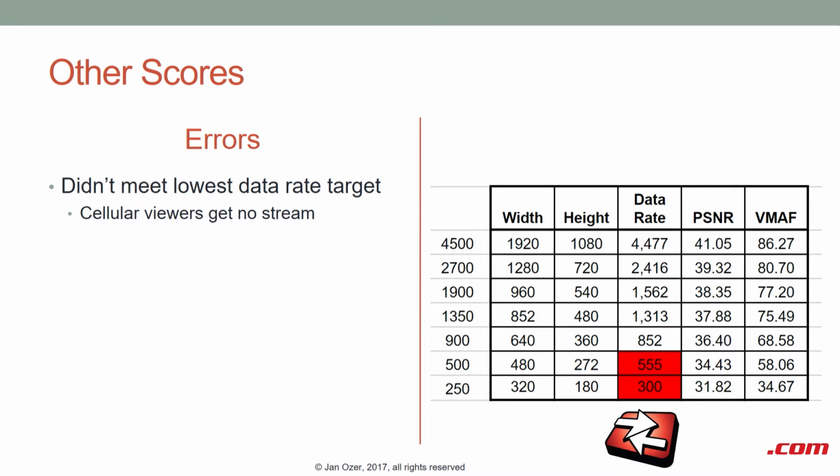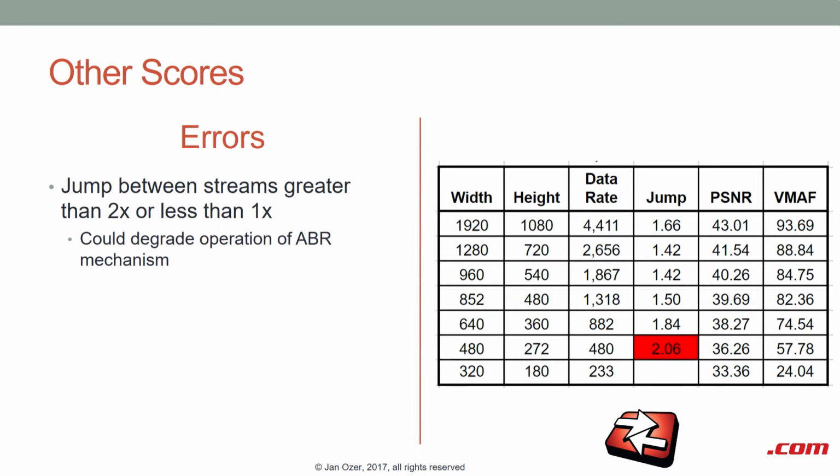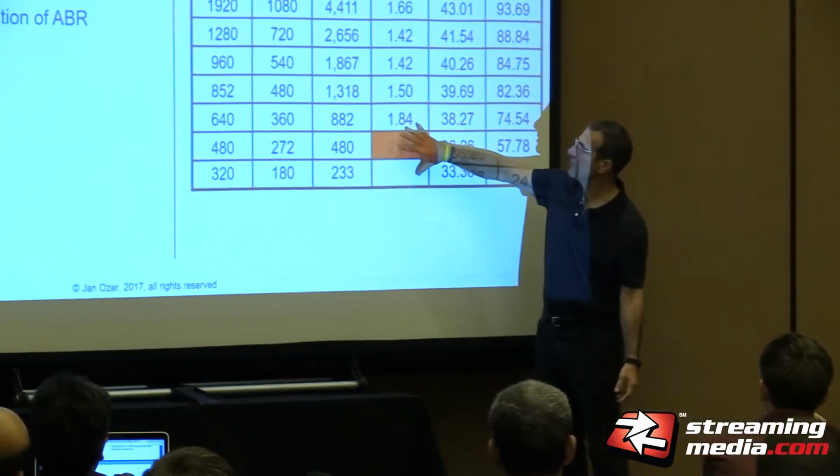And as I said, this was kind of an evolving thing, so not everybody knew how I was going to score this when they produced the files. So I counted it as an error, something to watch for, as opposed to a loss. And then the other error was if the files came back and there was a jump greater than